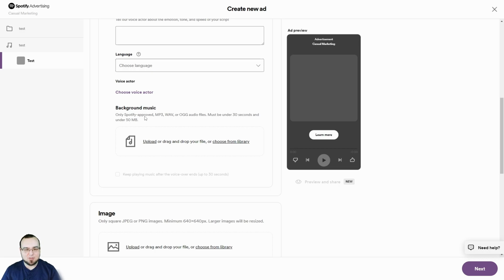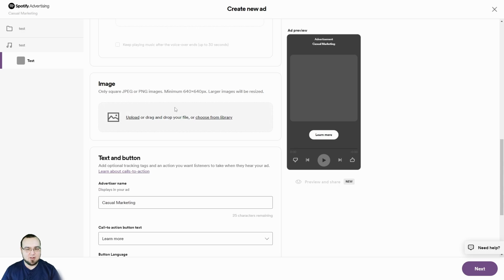You can add background music that you want them to add. You can work with them on that. And then you just go here and you add your image, and that's what's going to actually show up in this border here. So what happens is the listener is streaming their music